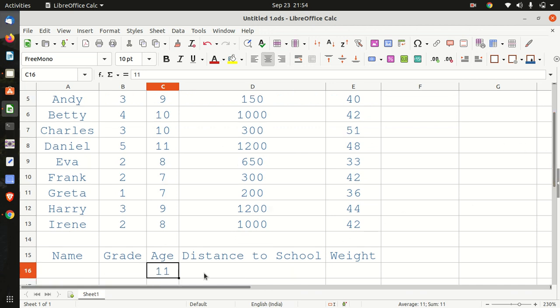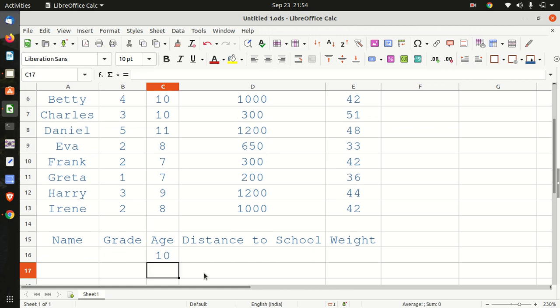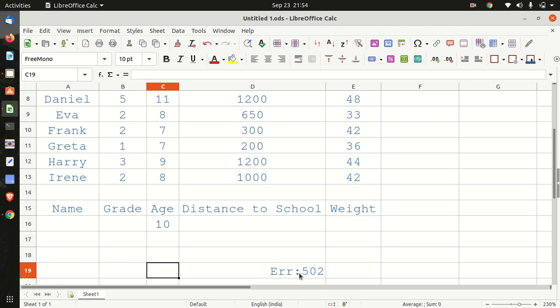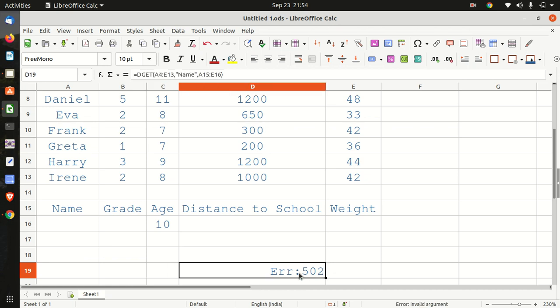So if we say 10, then we will find error 502. As we have told, error 502 means there are multiple such cases. That is why this error is coming. Error 502 means there are multiple records meeting the same requirement.